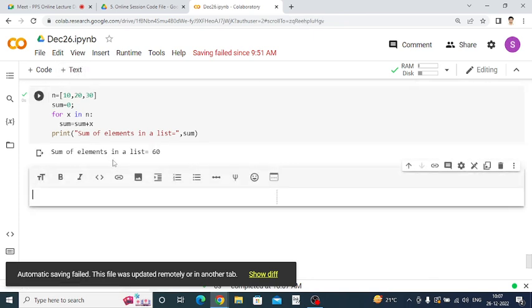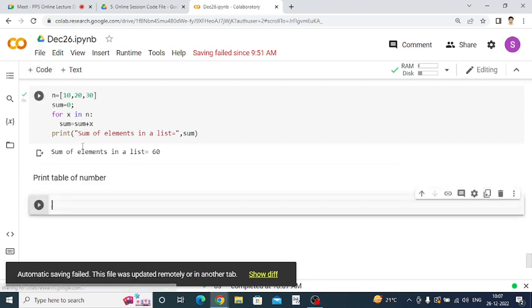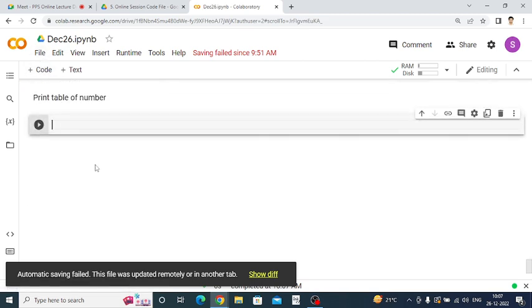Okay, next I want to print a table of numbers. Suppose the user enters 3, so we want to print the table of 3. So my variable t, then input. Here my message is "enter number",